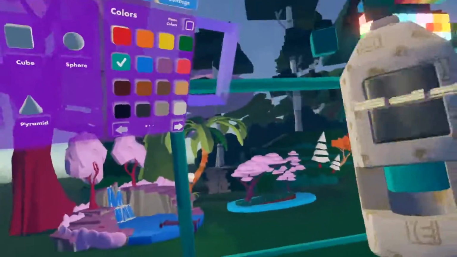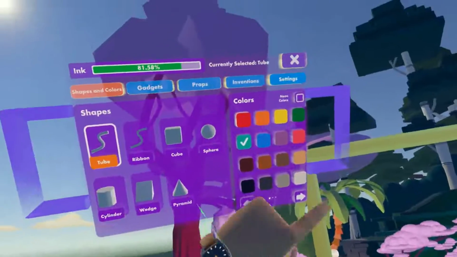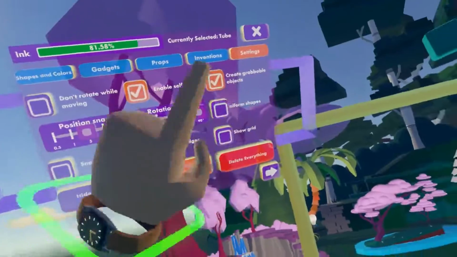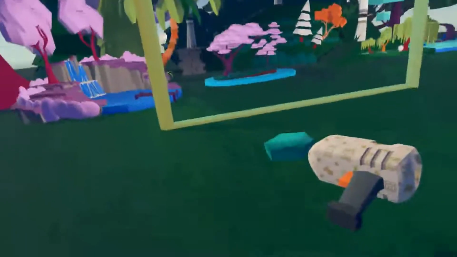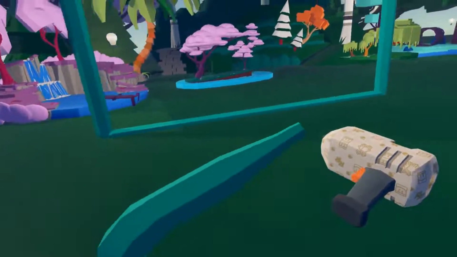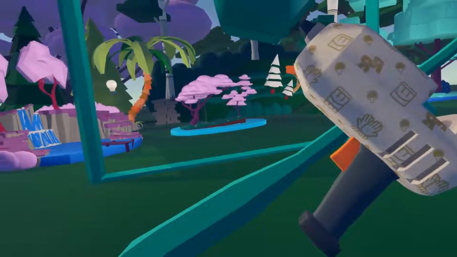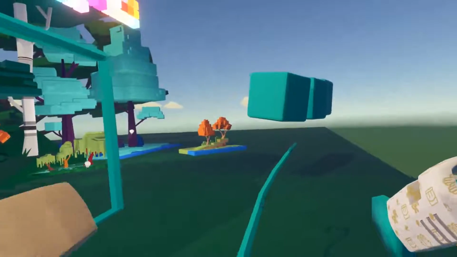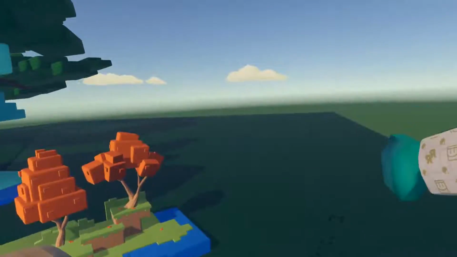Ta-da! That's not very straight, but you can do a lot with that. Now, if you didn't want that, you can go to settings and then go back and then undo that. And you can create, and you can do that by releasing your trigger. And I have a little bit more info on that in the tutorial that I just listed in the description